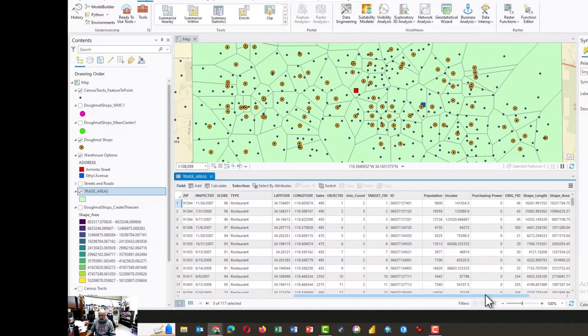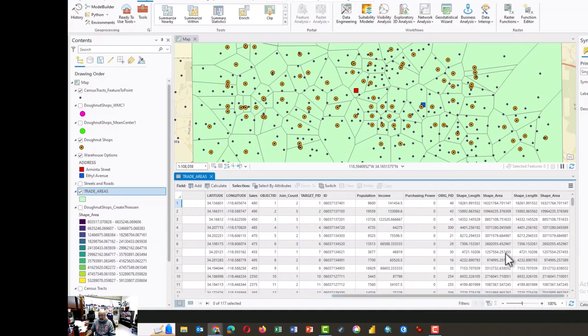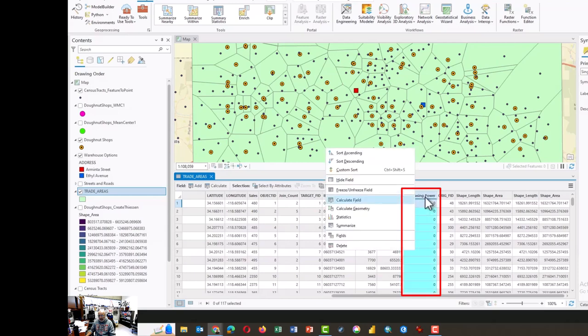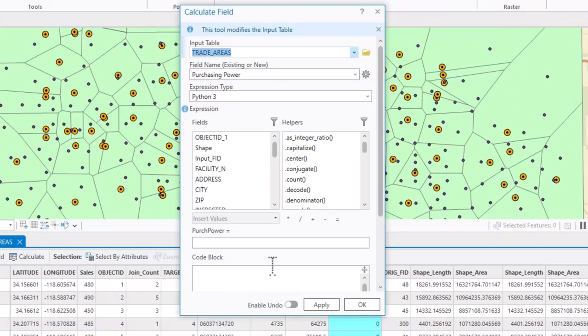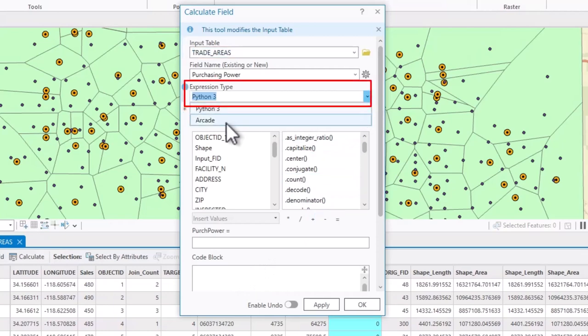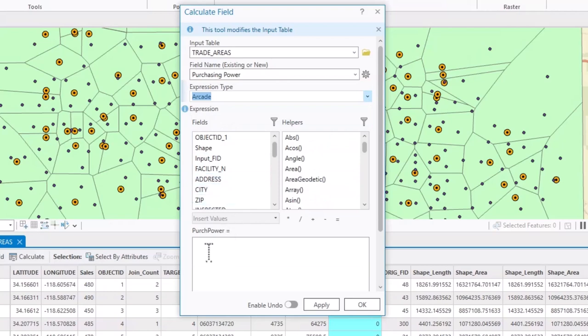Scroll to the right and you will see a column called Purchasing Power. If you right click on Purchasing Power, or do a two-finger click on an Apple, select from the pop-up window Calculate Field. To calculate the field, we want to change to an Arcade expression, and we want to calculate purchasing power by multiplying